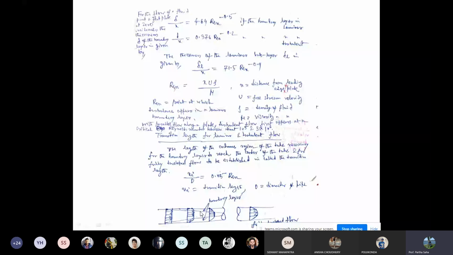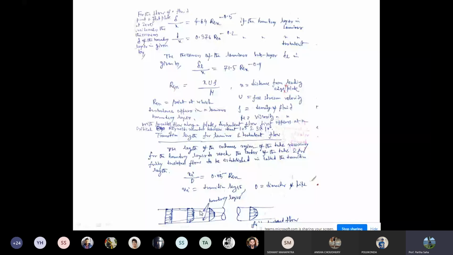What does that mean? The convergence to a point is actually my transition length. That whole length traversed by the fluid to develop a fully developed flow. This is my fully developed flow. Now in the whole region the velocity is varying, so that is why it is called fully developed. But here, in the inviscid region,